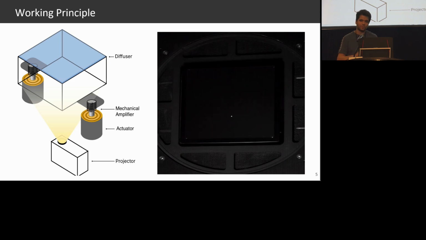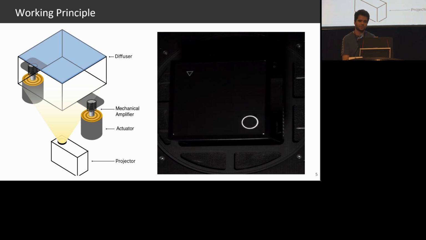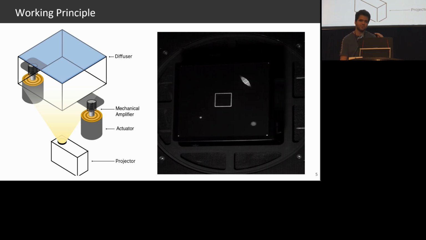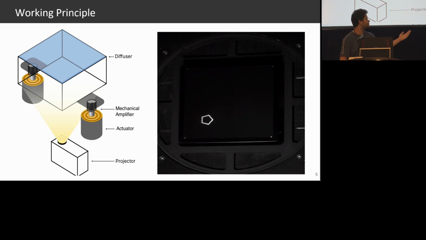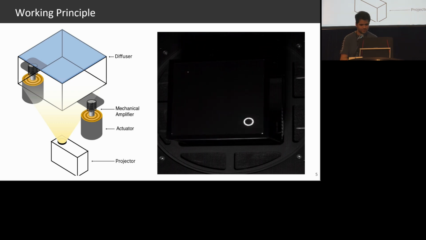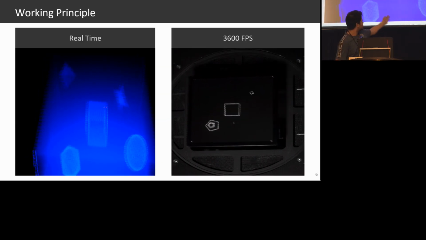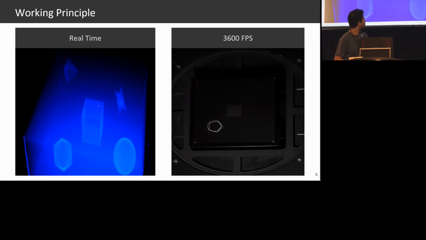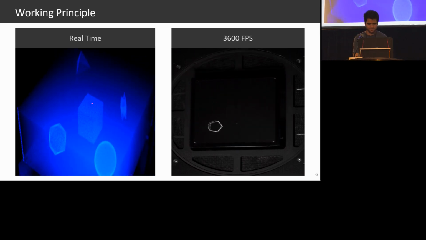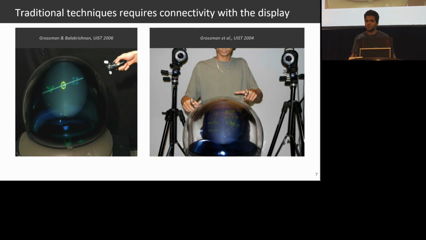The idea is, if we coordinate that projector with the diffuser's movement, what we get is the illusion of having 3D objects inside of it. Here we can see some high-speed footage, and the results will be the ones seen in the left image. They are really cool. It's a technology that has been around since the 90s, more or less. So what can we add new to this technology?